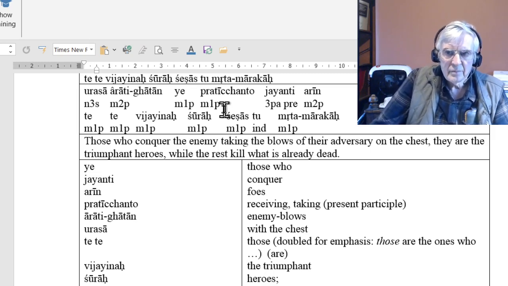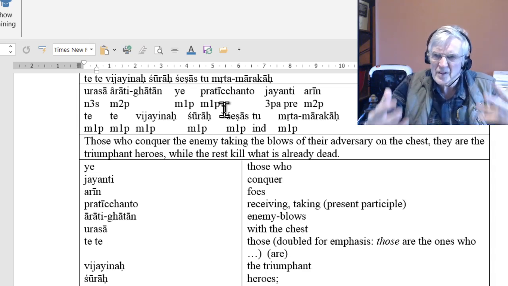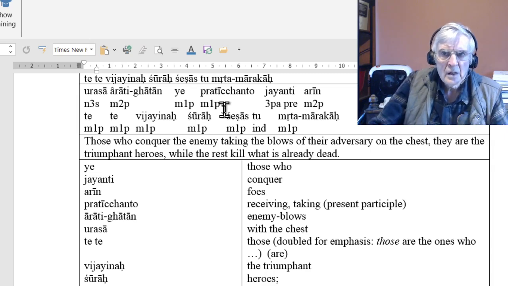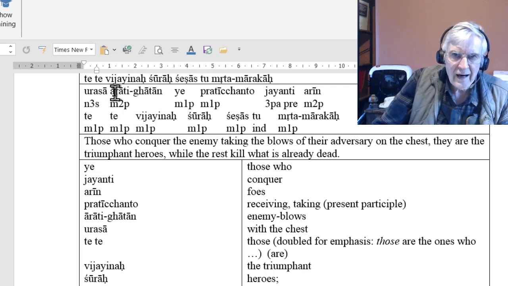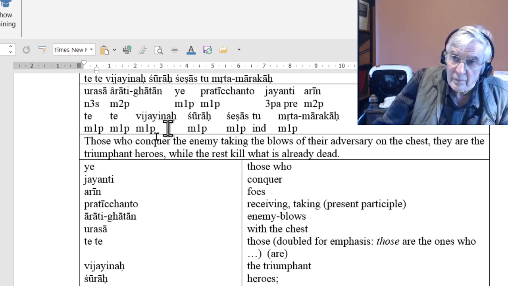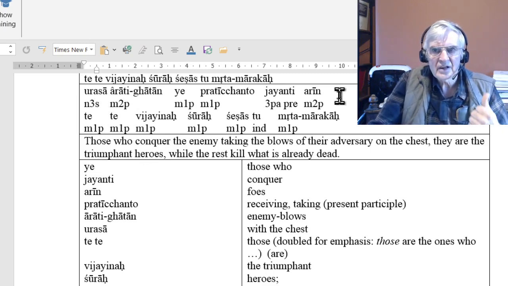Pratichati means something like receiving into yourself, almost like willingly accepting. So those willingly accepting arati ghatan, the blows of the enemy, urasa, with the chest, jayantyarin, those who